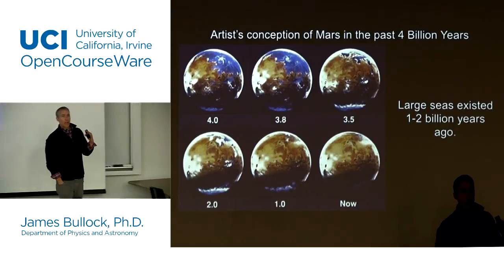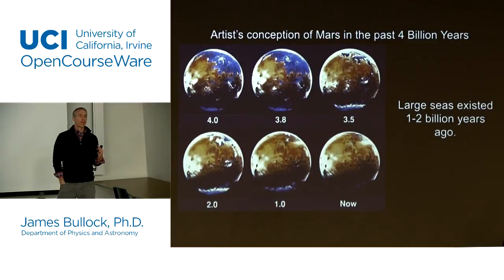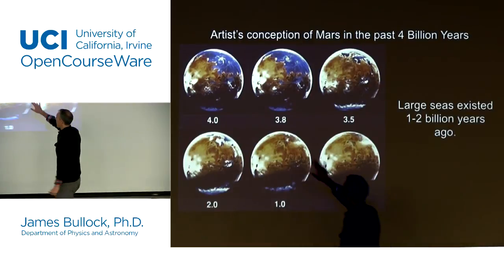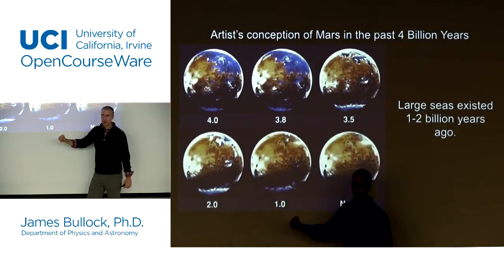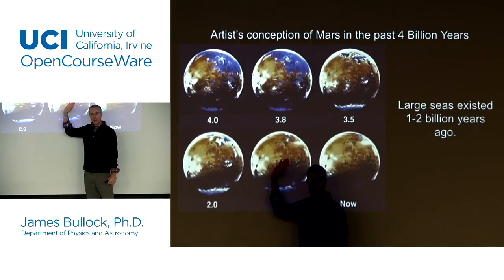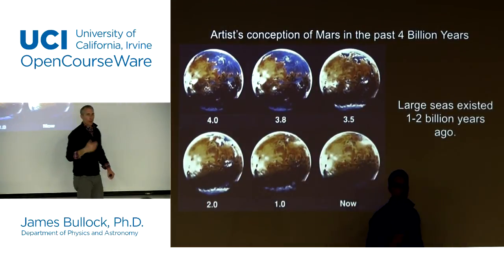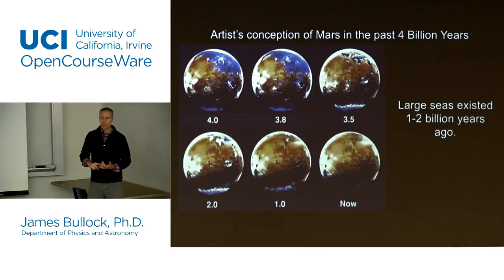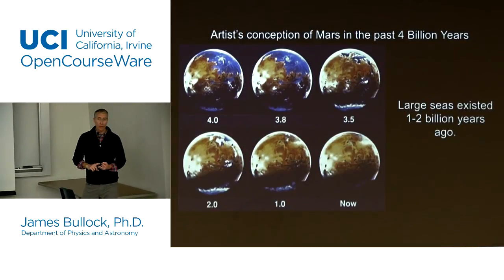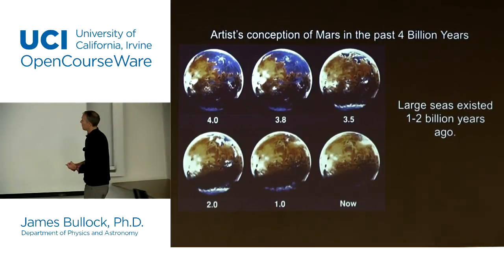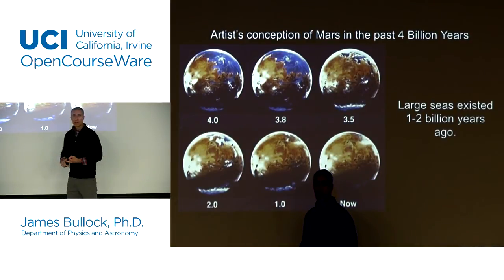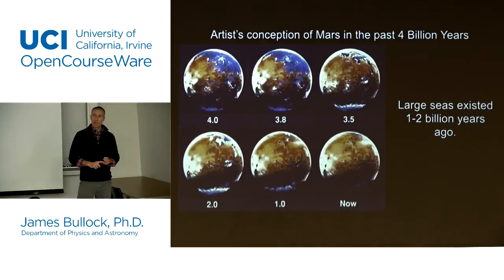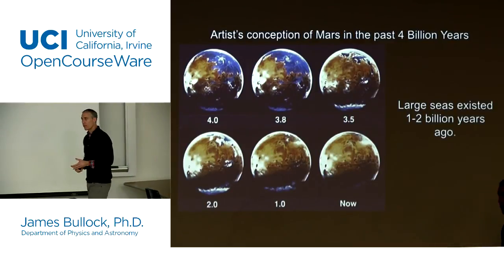Now, if so, this is interesting from an origin of life point of view, a life in the universe point of view. Because if you imagine yourself back 3.8 billion years ago, the conditions on early Mars may have been very similar to the conditions on early Earth. They both had substantial oceans, therefore liquid water. Probably there was also more geological activity on early Mars because it's younger and hasn't cooled off yet. And we know that about 3.8 billion years ago is basically when life, we think, first got a foothold on Earth.